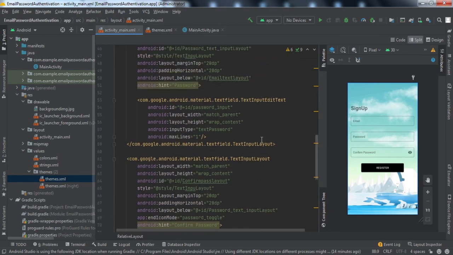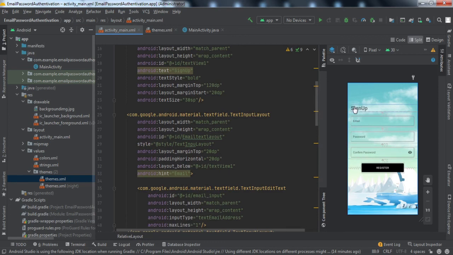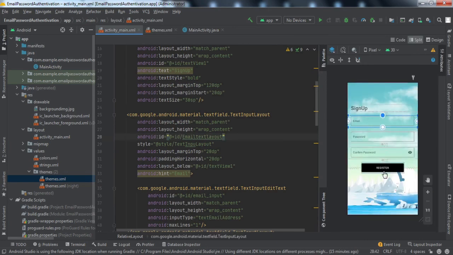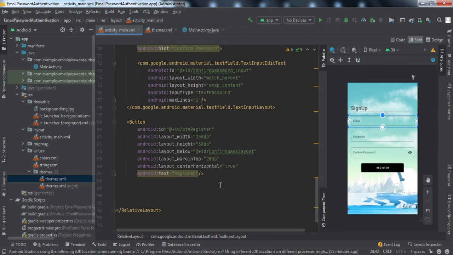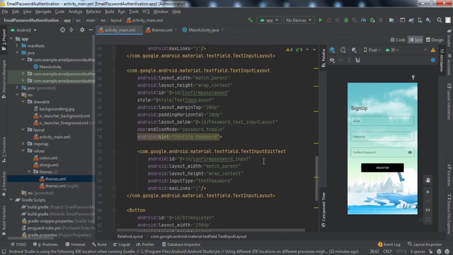So I'll slowly scroll down so you can systematically see what we have written. I hope you have seen the code. There's nothing much we have done. This is simply a text view, right? And these are the text input edit texts, the three of them. We have given them the IDs and set the hint. We have set the style of these to the style we made here, right? There is one button, and that will be used to register the user. If you're watching this tutorial, I assume that you know how to design these things. So we have successfully designed this.